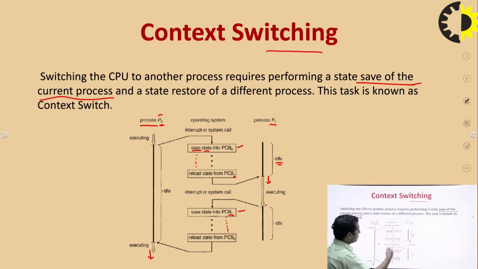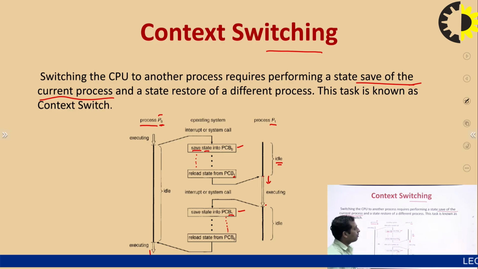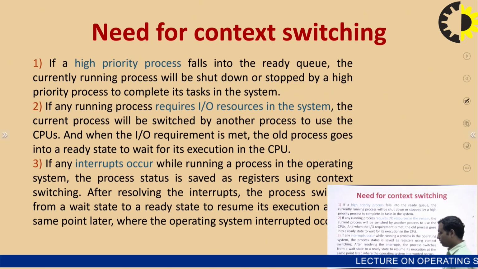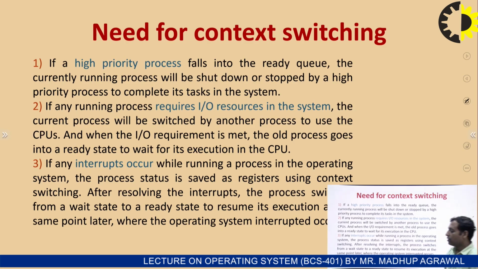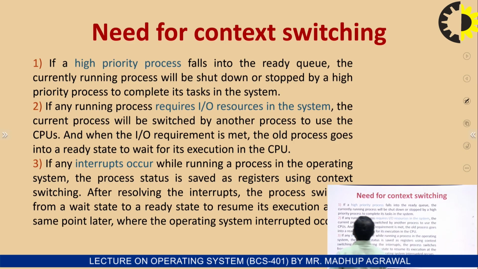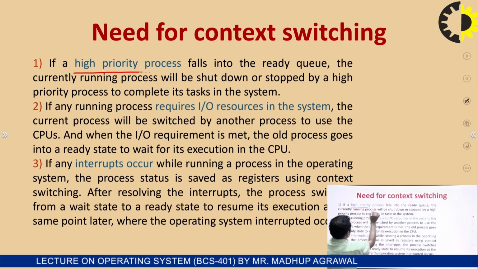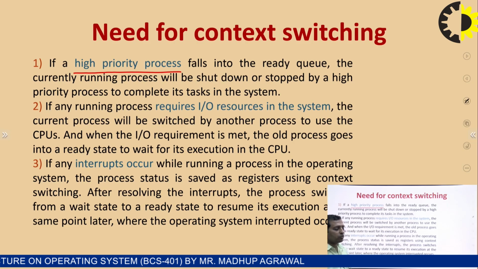So, this is the whole scenario for context switching, how context switching takes place. Now, the need for context switching. In context switching, one process stops and then another process is loaded. So where does the condition arise? Just if some high priority process comes,